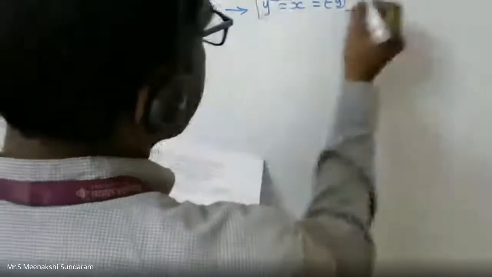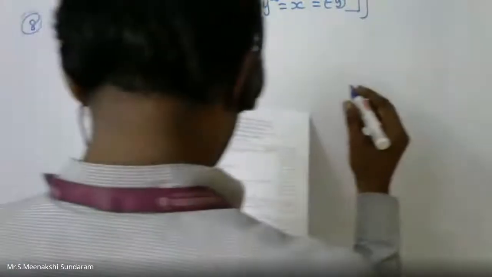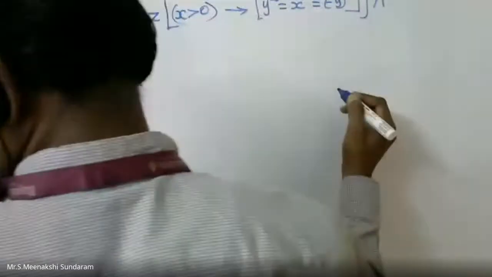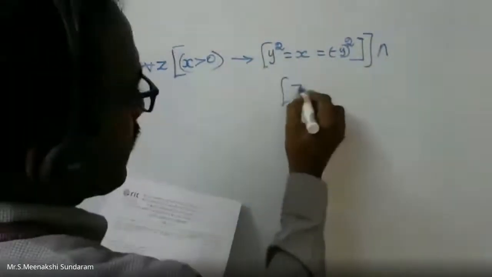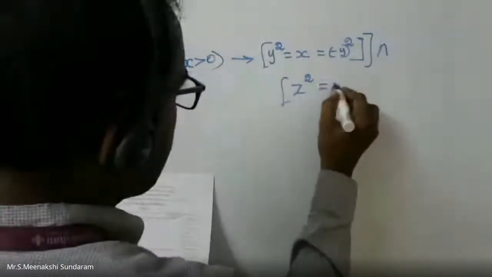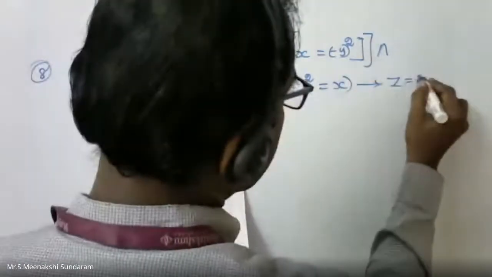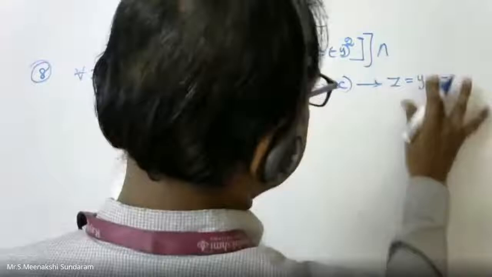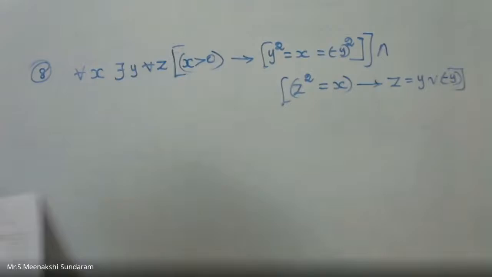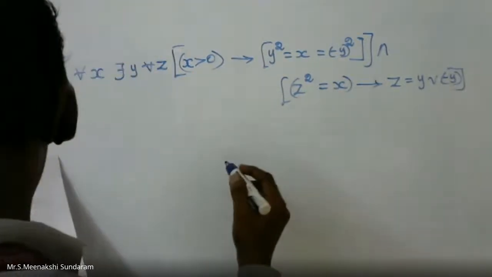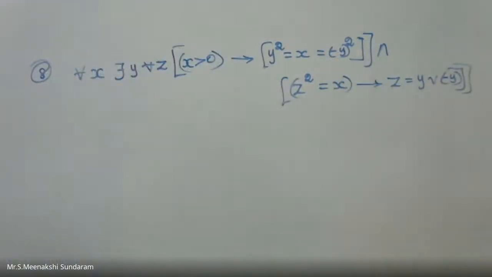So this is the bracket, or always you can use bracket also. And this is for conjunction. Conjunction, I can write the next line: z square equal to x, conditional, z equal to y, sorry, disjunction, minus y. Try to convert it into a symbolic statement in English sentence. How to write this one? How to convert this one?